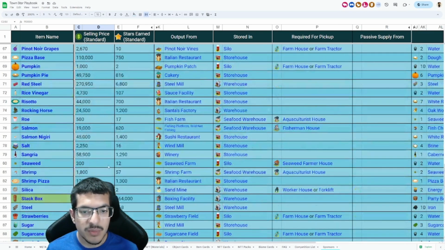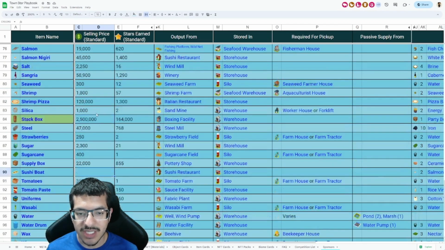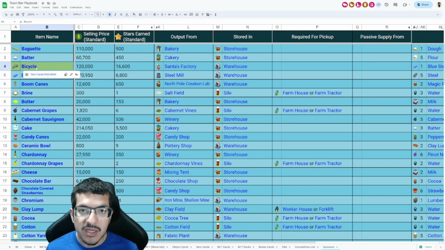And I have almost every value here. I actually still don't have the sushi boat, but I'm pretty sure I can get that from another file or in-game. But basically every value is here. I did highlight some things that I do believe will be good enough to remain competitive to get top 1200